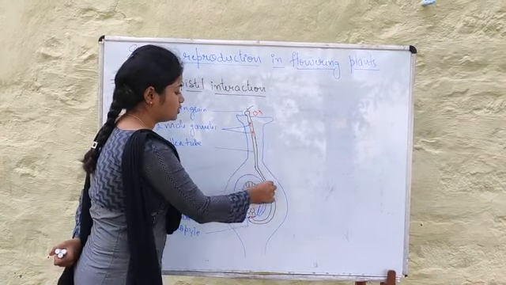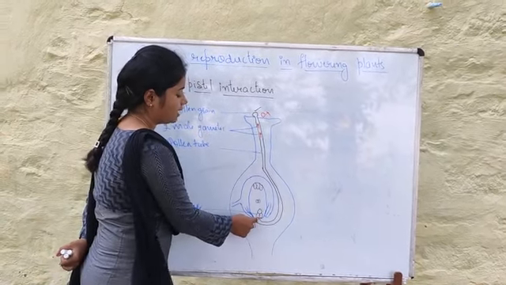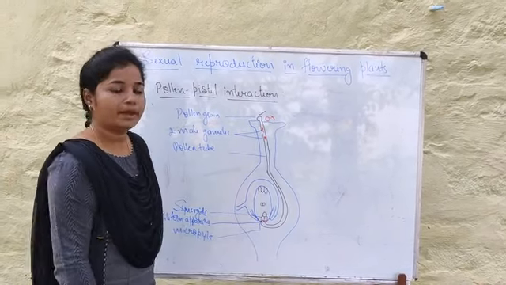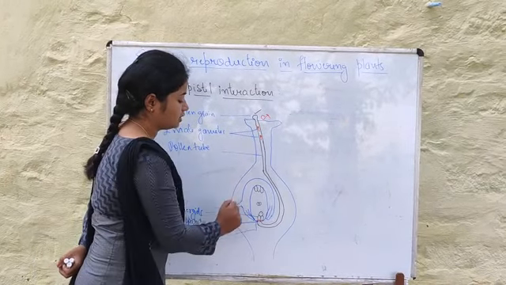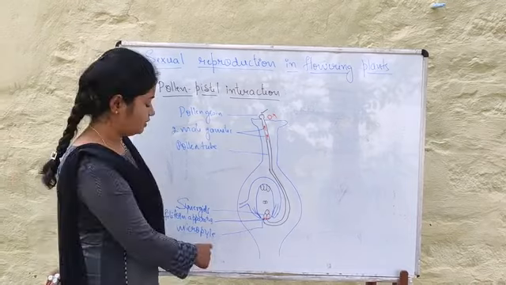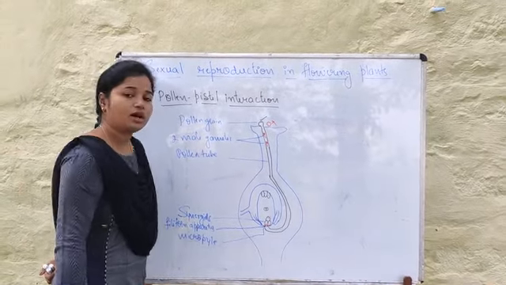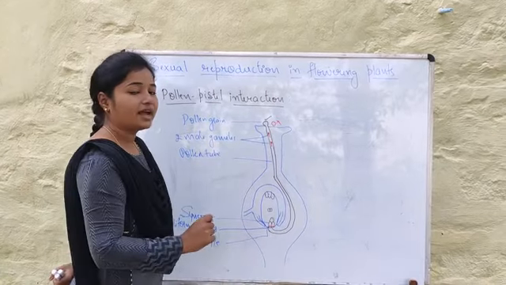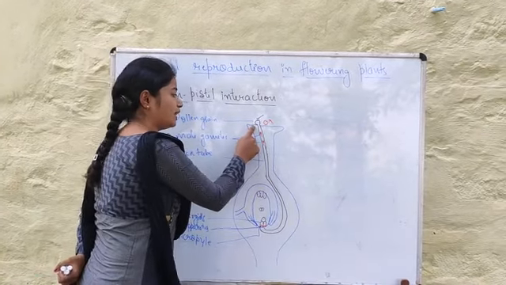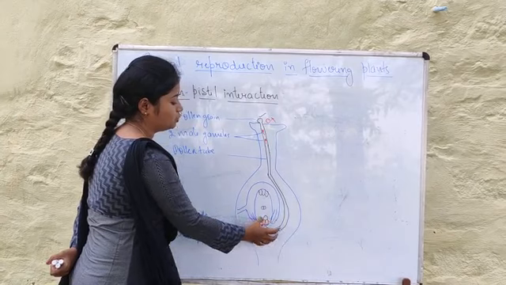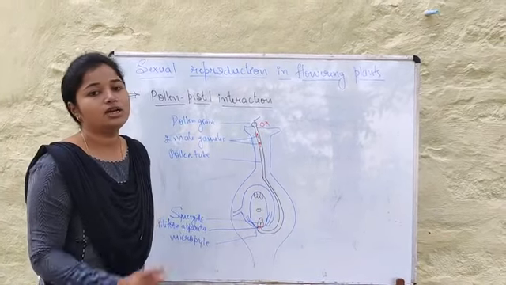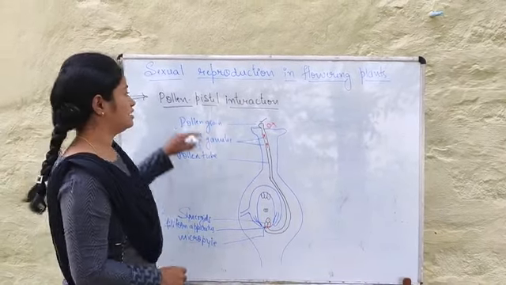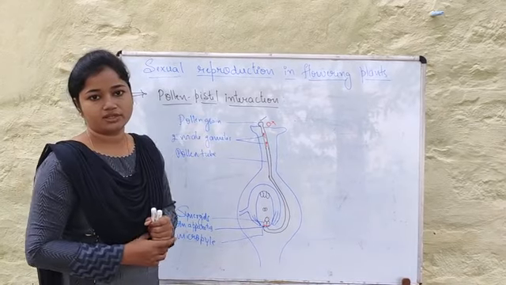So this pollen tube is going to reach the ovule and enter through the micropyle, and then it is going to enter one of the synergids with the help of a filiform apparatus, which is going to guide the entry of the pollen tube. So all these events, right from the pollen landing on the stigma until the pollen tube reaches the ovule, together are termed as pollen-pistil interaction, right?